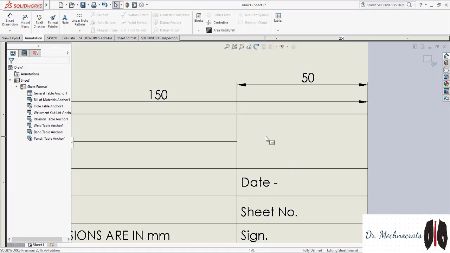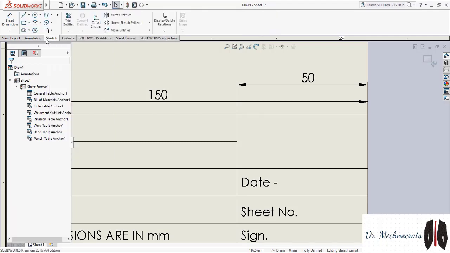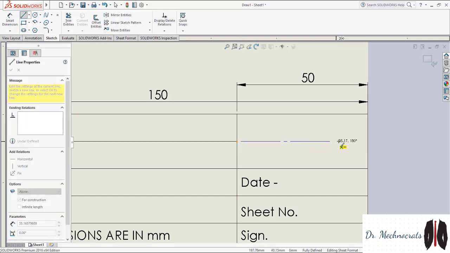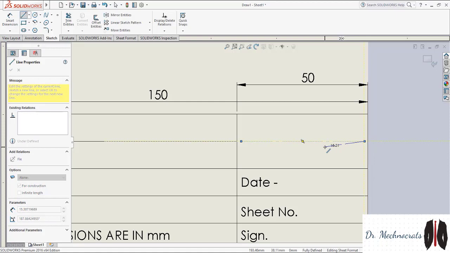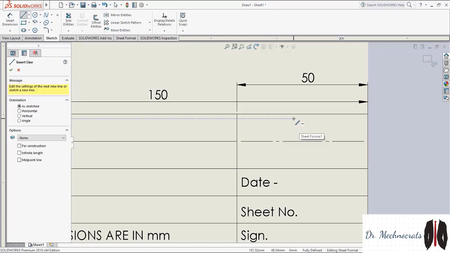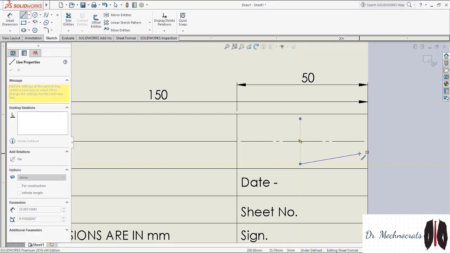So as you all know, we have to use the line commands. First, the central line command that we have to use. Here we have to draw the view of first angle projection.